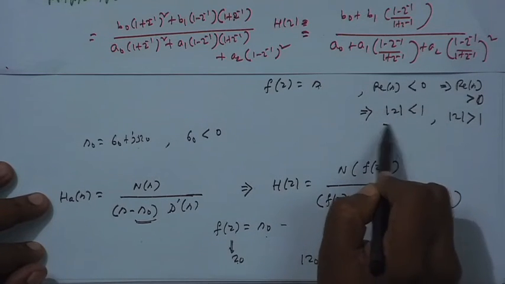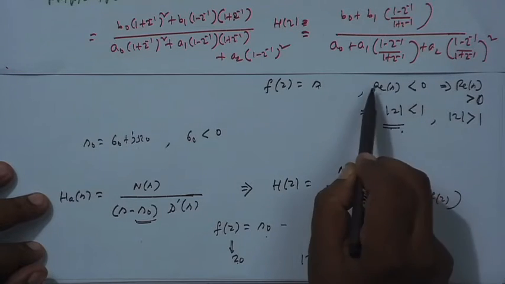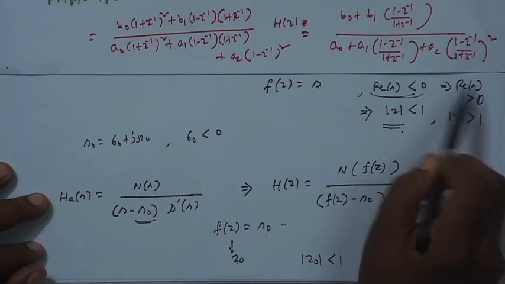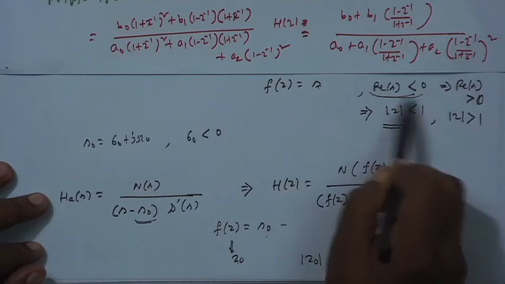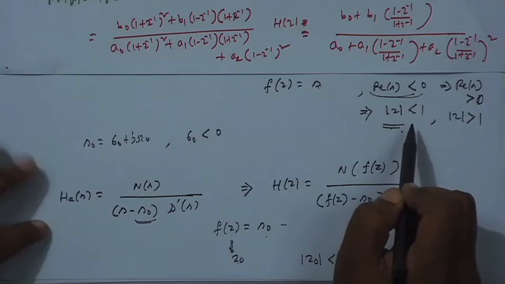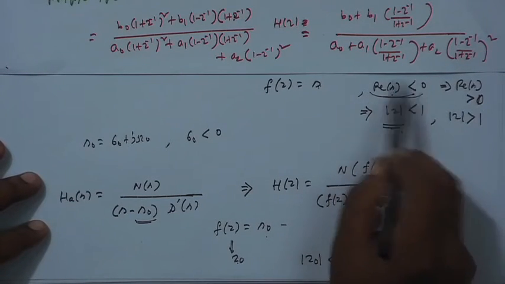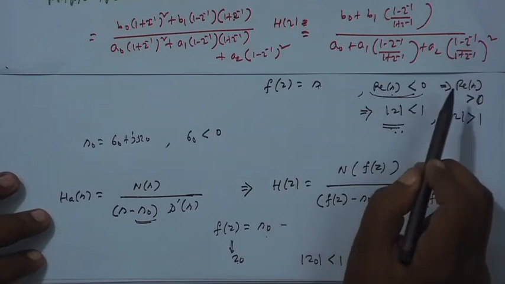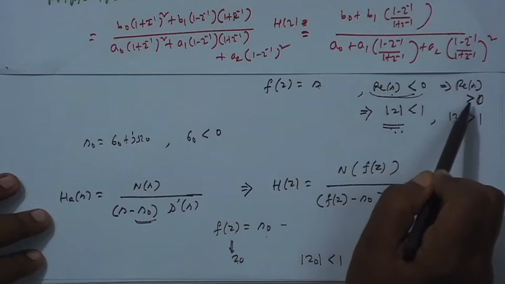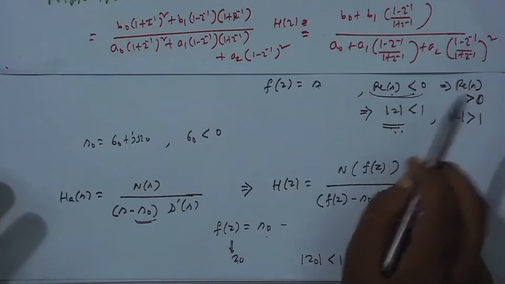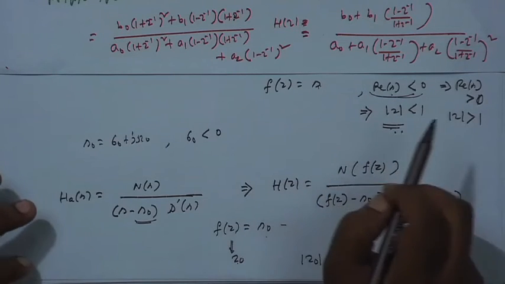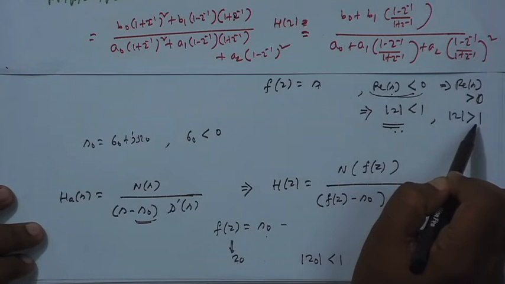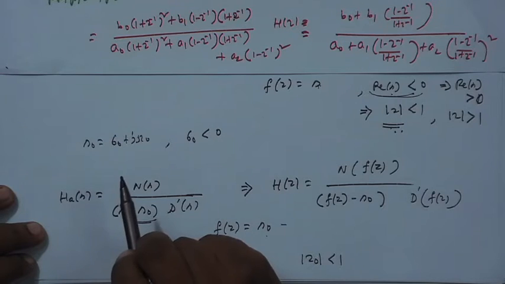That is, my H(z) should be stable and causal if and only if the analog system is stable and causal, not when the analog system is unstable and non causal but I am still getting an H(z) which is causal and stable. If it is causal and stable in the S domain, this analog domain, it should be causal and stable in the digital domain, but not otherwise. That is, if the real part of S is greater than 0, the analog system does not satisfy causality and stability, and therefore, in that case, the digital system also should not satisfy causality and stability. So, mod z should be greater than 1. So, this is one condition.